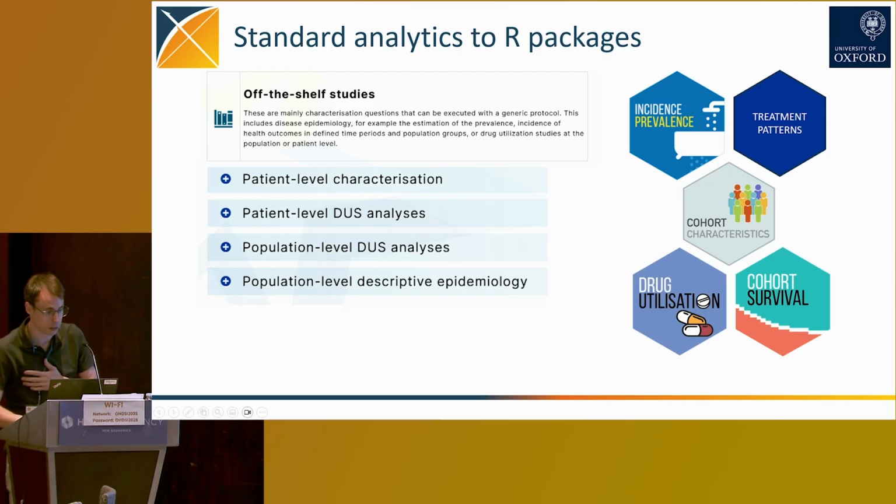So to answer the patient-level characterization, we have cohort characteristics, we have cohort survival if we want to deal with survival, cohort characteristics to deal with the different characteristics of the population, and then with the drug utilization analysis, we have the drug utilization package, the treatment patterns package, and so on. And incidence prevalence is the one used to do the population-level studies. So basically, we've developed all these packages, and what we've done is not only to develop these 5 packages